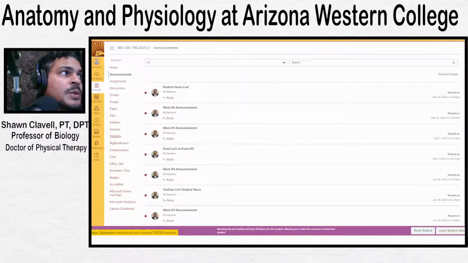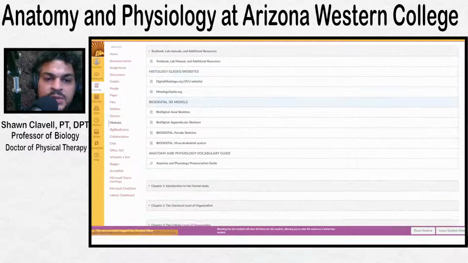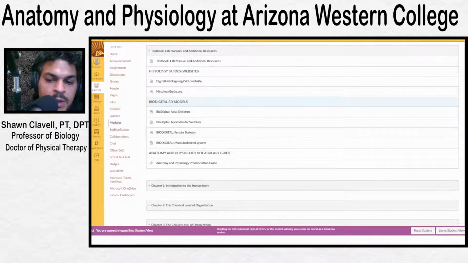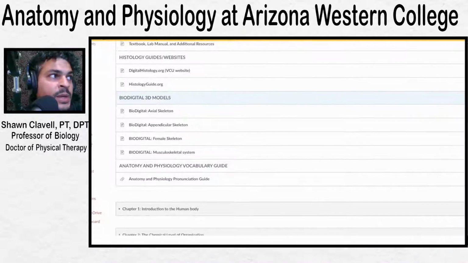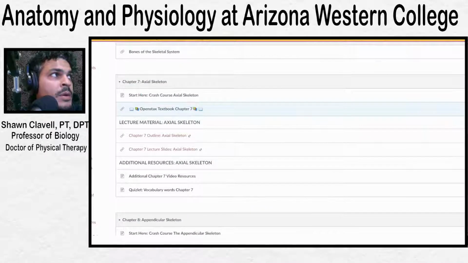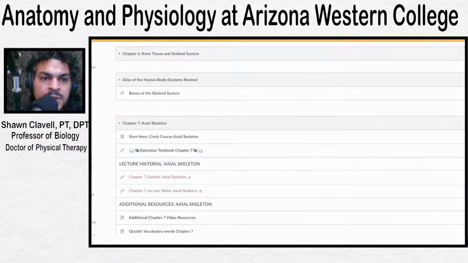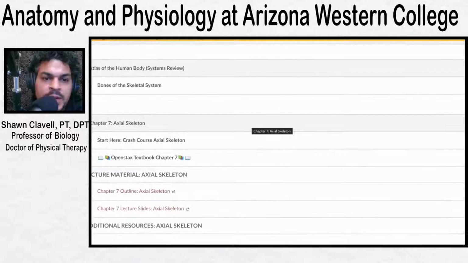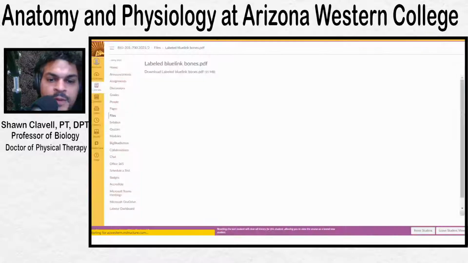Let's go to modules. Now in modules here, what you'll see is there's a new feature, and that feature will be, scroll all the way down there, bones of the skeletal system. So this is a kind of a cool feature here that I'd invite you to look at. It's called bones of the skeletal system. So if you click on there here,